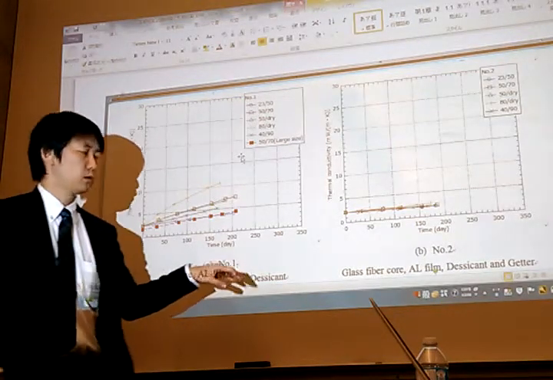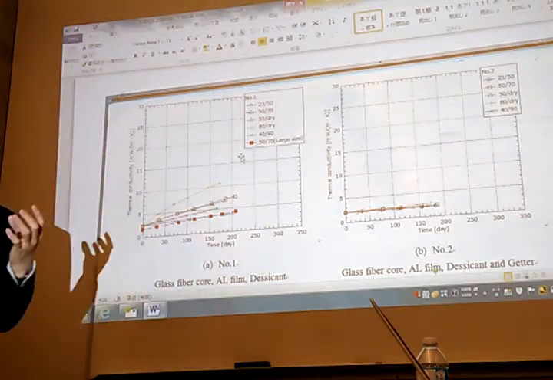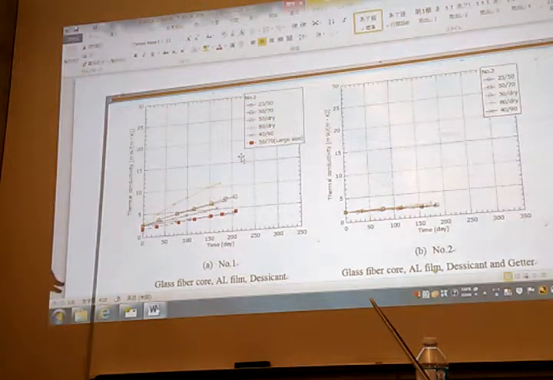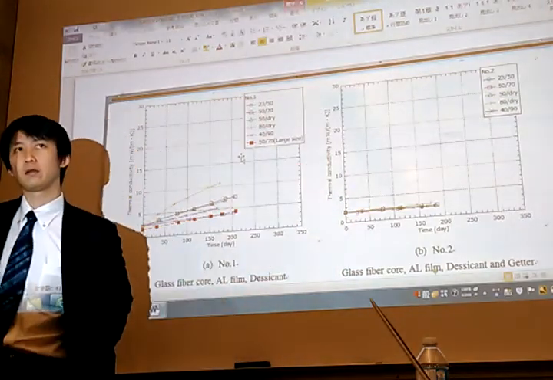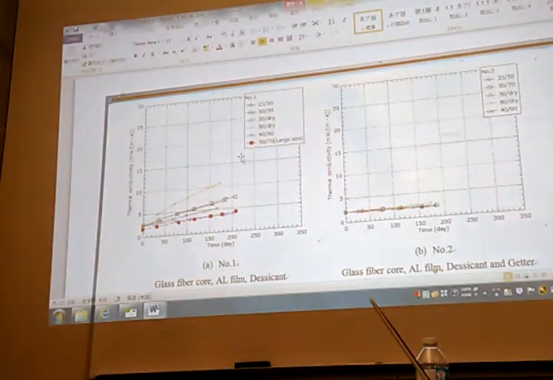But the argon's content is not so high, so it just slightly increases. Okay, so that will be useful. Using this information, we have got the confidence that the getter actually improves the performance. Okay, so we can